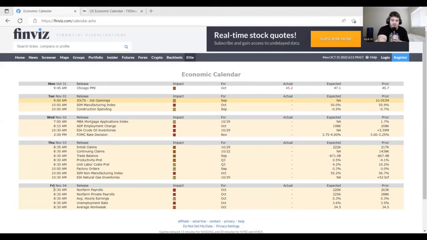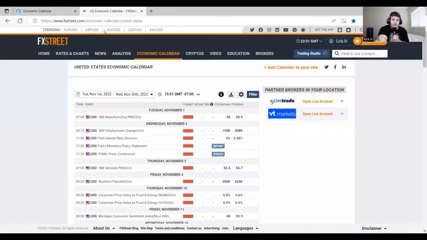A lot of times the big data comes out right here at 8:30 a.m. Eastern Standard Time. Adjust for whatever time zone you're in. And then that gives you a lot of things to look forward to. As far as that's for the weekly is what they show you on FinViz. If you want the whole month, then you go to